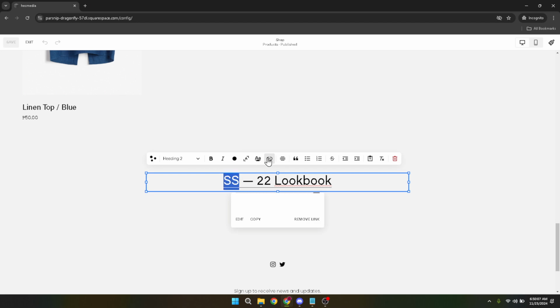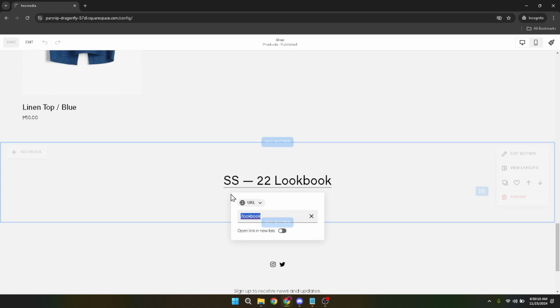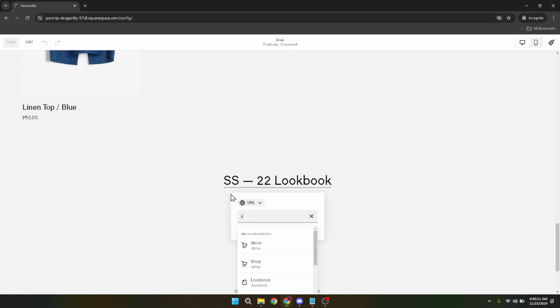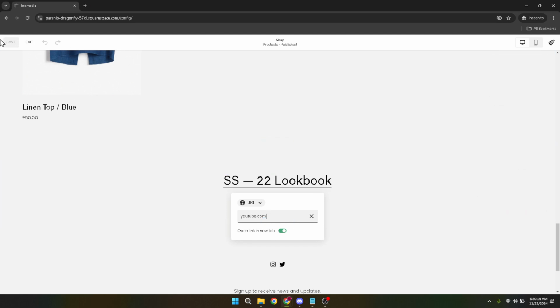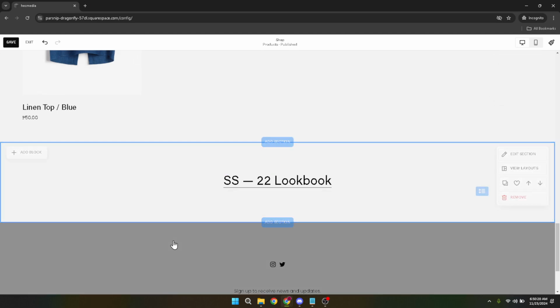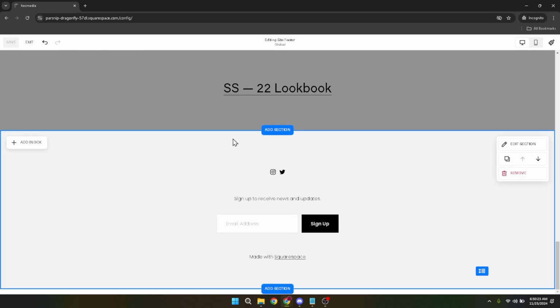In this new window, you will see a field where you can type in or paste the URL you wish to link to. Take a moment to ensure you've got the correct URL. A common mistake is accidentally linking to the wrong page or site, which can be confusing or frustrating for your visitors. Once you've entered the correct URL, it's time to save your changes. Look for the Save button, which should be prominently displayed in the dialog box after you've entered your URL. Click on Save to confirm the addition of your new link, and just like that, you've successfully added a hyperlink